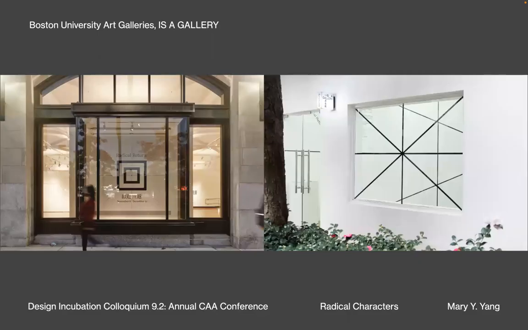Cecily Lee interprets a ripple effect through the character Hui as the inner square stroke pushes out to make another square stroke as a response. The fluctuation occurs from inside out and outside in until it reaches equilibrium. It was important to us to present the work in both the East and the West. We worked with BU Art Galleries in Boston and